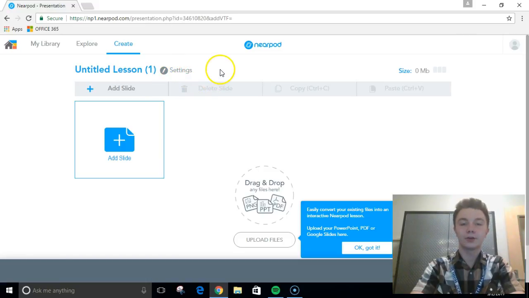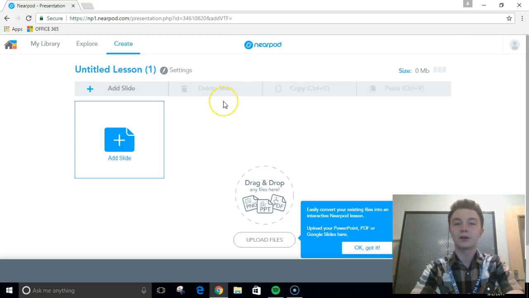Okay, so let's talk about Create in Nearpod. We already went over what Nearpod is and what it does. So we're going to talk about creating your own Nearpod rather than searching for or finding somebody else's Nearpod. So obviously you click on the Create tab, and before I click on Add Slide, I just want to say